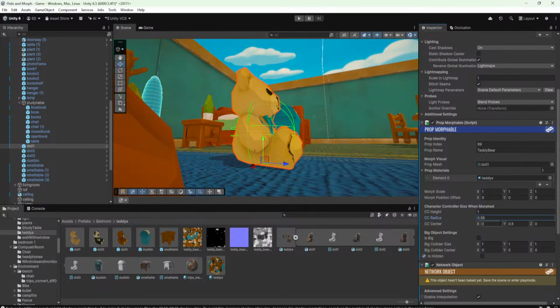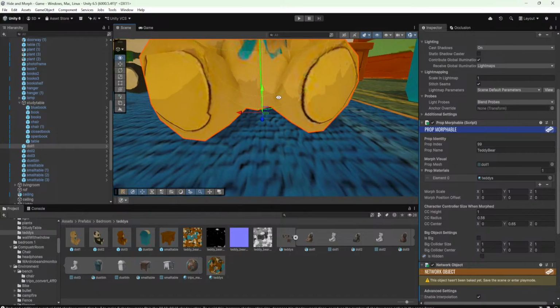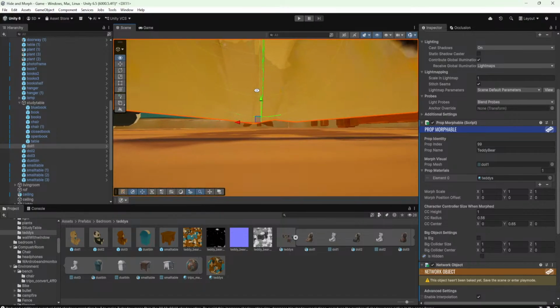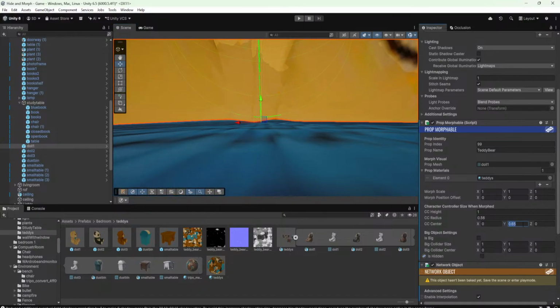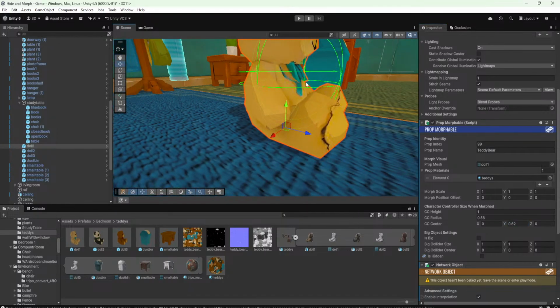And for the height, we can place it a bit below, maybe 6.3, 6.2, I guess. Yep. And the